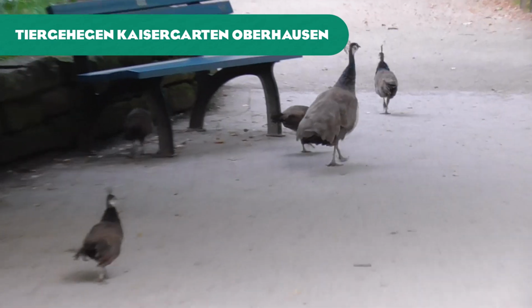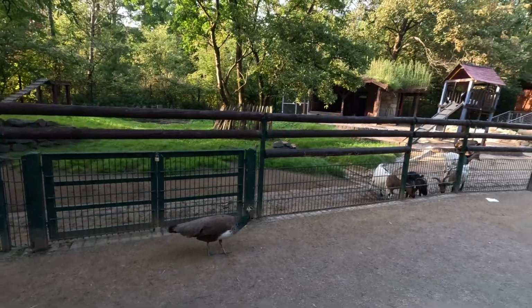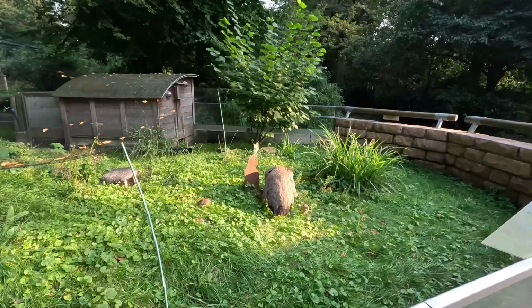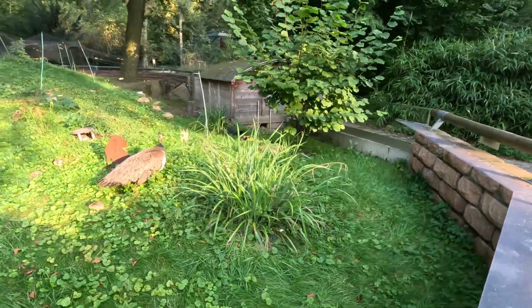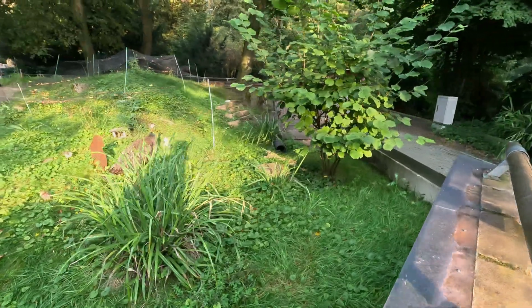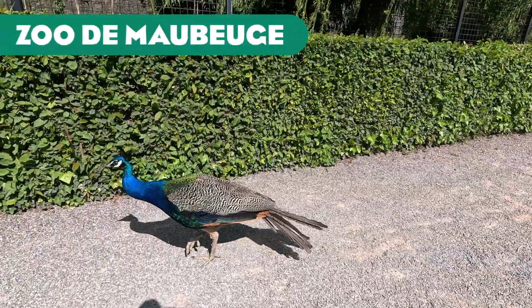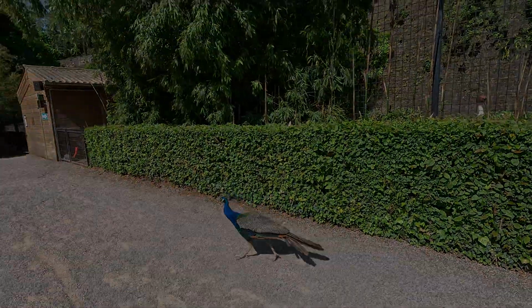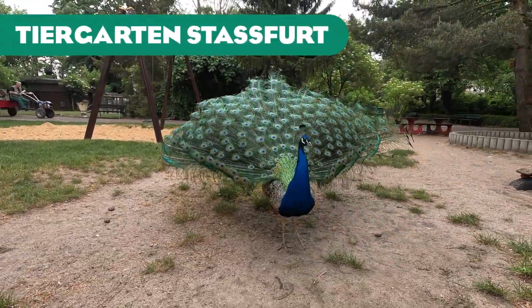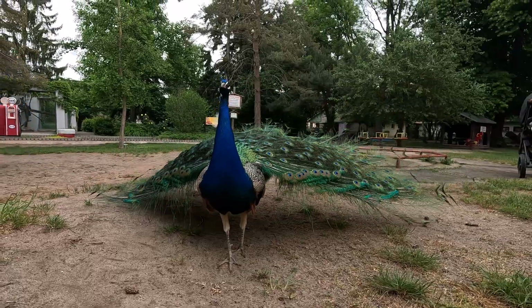But while I did see a couple of peafowl enclosures, as you can see, most zoos simply have their peafowl freely roam the entire zoo, and that also makes it incredibly hard for me to find footage of all the zoos I've been to that actually do this, since the peafowl could literally be anywhere in the zoo. Also, what would be the point? You probably already know that peafowl often free roam zoos. I don't need to show you 50 clips of a peafowl free roaming a zoo for you to get that point across. And as you can see in the background, I did gather some examples that I could find,